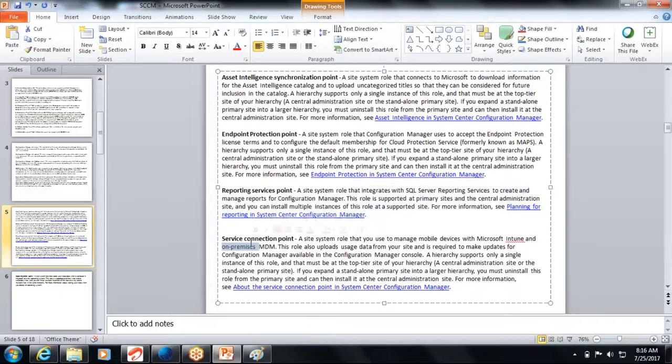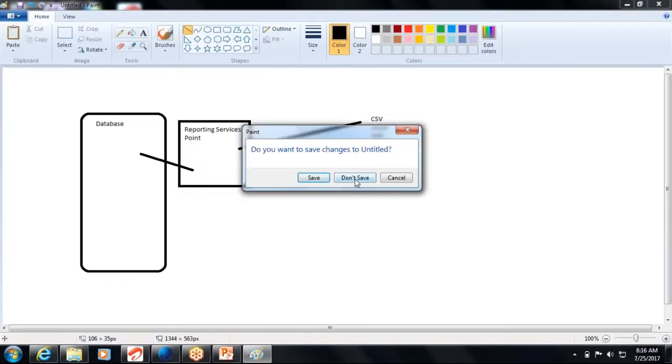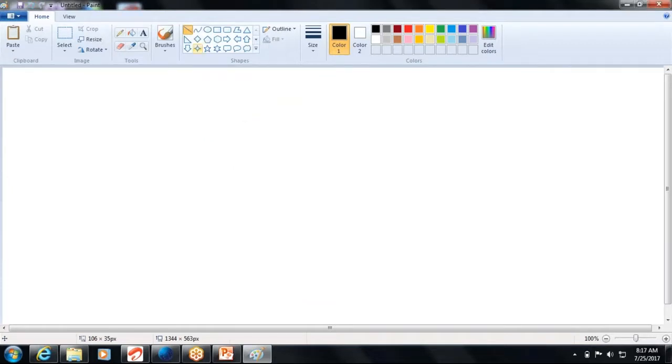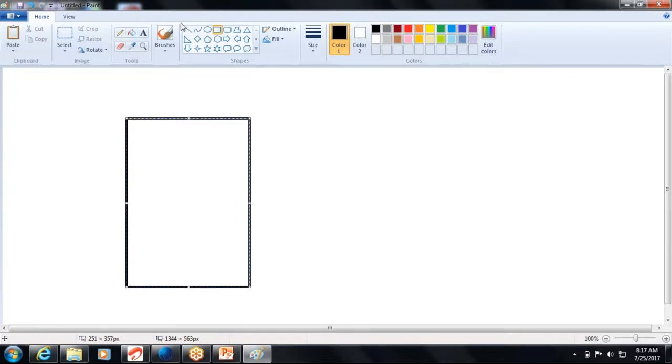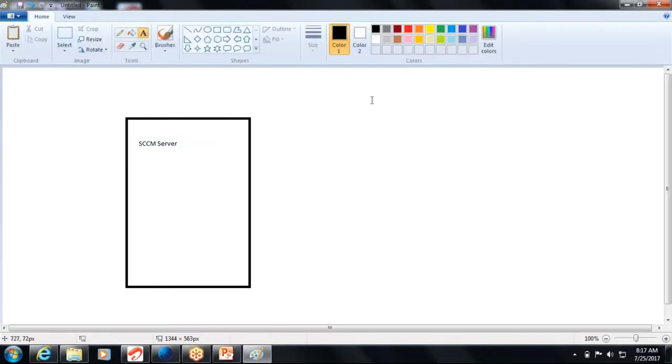Then you have service connection point. This is Intune, Microsoft Intune. These days everything is going on cloud. So to manage your mobile devices, for example, this is your SCCM server. SCCM server. And the devices,